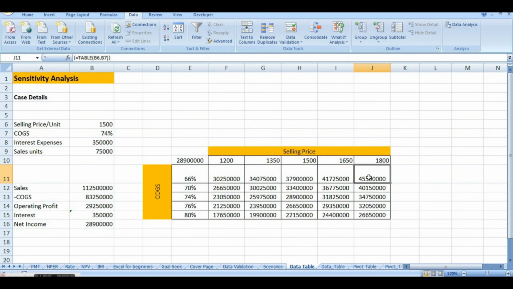This way you can find out the impact of two variables on one dependent variable. In goal-seek function it was 1:1. In data table it is two variables as to one variable. It is a very useful function in finance and Excel. For example, in case of valuation, when you are talking about WACC and growth rate, or growth rate and any other variable, say cost of equity or such any combinations you want to check, you can easily calculate it with the help of data table and find out the sensitivity analysis impact of these selected variables on your desired output